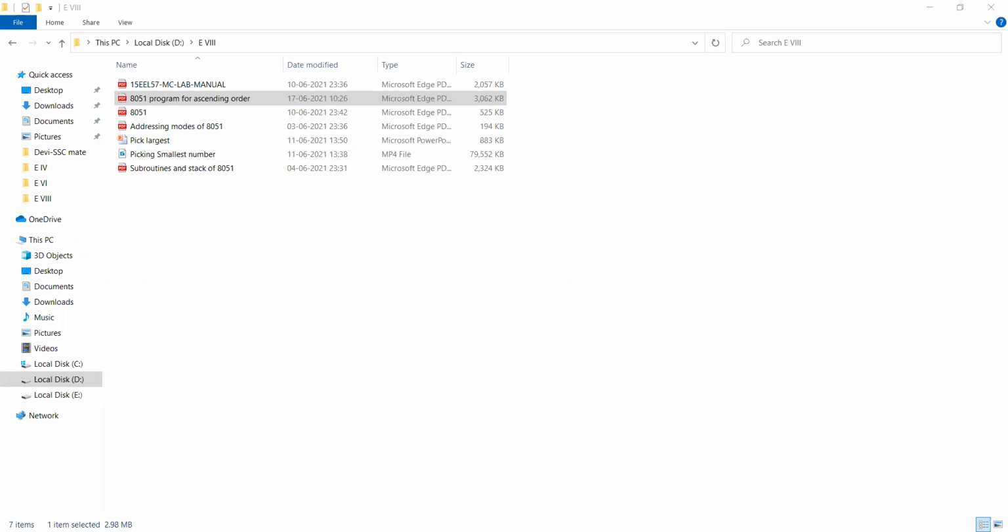Therefore, now you can go for the program. In this program, the 55 location is having the number 1. What is the number 1 actually? That is 4. Number 1 is 4. Then to get the next number, increment the data pointer, INC DPTR.